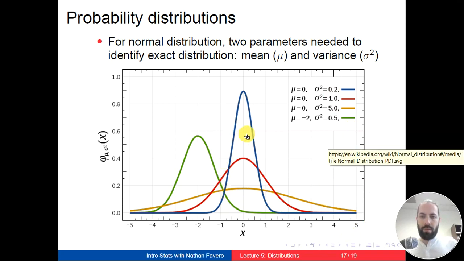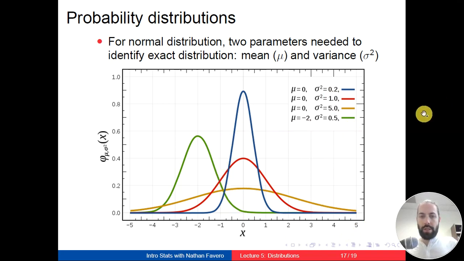So anytime somebody mentions the normal distribution, a fair question would be to ask, which normal distribution are you talking about? And the way that they could answer that question is to give the mean and the variance that they have in mind, right? So once I've said the mean and the variance of a particular normal distribution, then I know which normal distribution is being talked about, right?